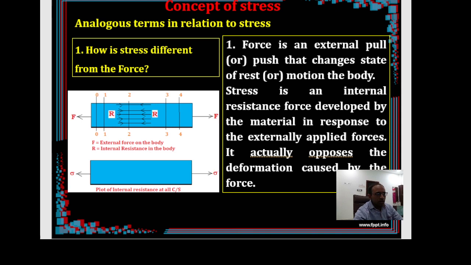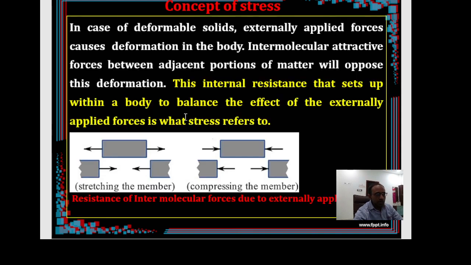Next. So once you understand the concept of stress, one more time, how it develops: because of the internal resistance that builds up in the body because of the external force application, right? What does that external force do? It tries to deform the body, and to balance the effect of that external force, the intermolecular attractive forces will oppose that deformation, right? That opposing force offered by the molecules inside is what we are calling